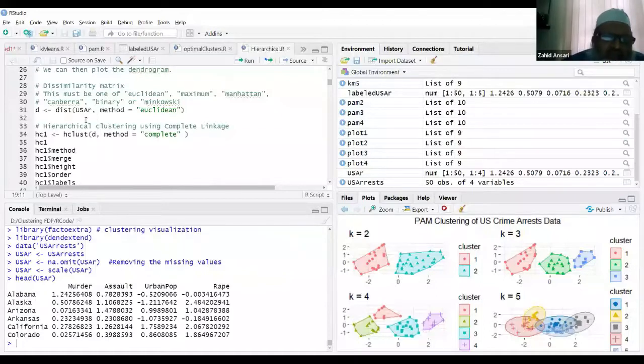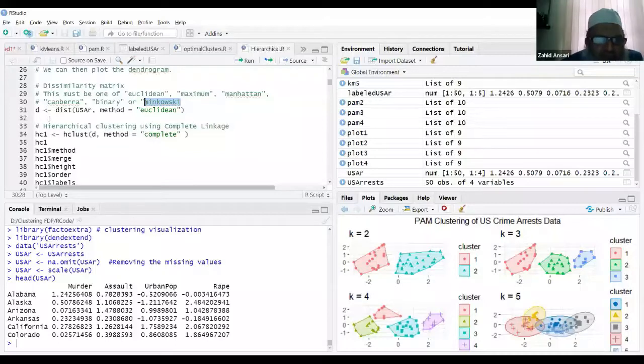And we can specify our distance measurement, based on which dissimilarity distance. So I'm specifying over here the Euclidean. The other options are we can have Manhattan, we can have Canberra, we can have a maximum, that is L infinity norm. If our attributes are binary, then binary. Minkowski, in that case, we can specify the value of R. Okay. So here we are taking the simple one, the Euclidean.